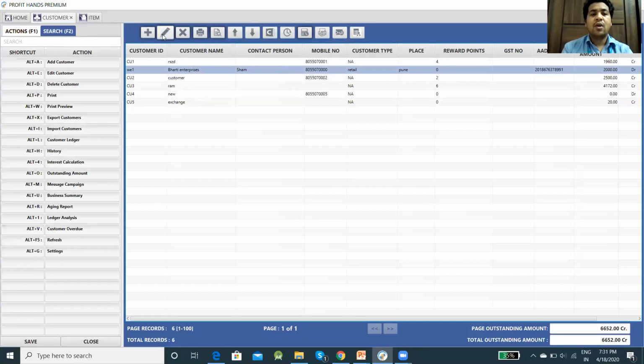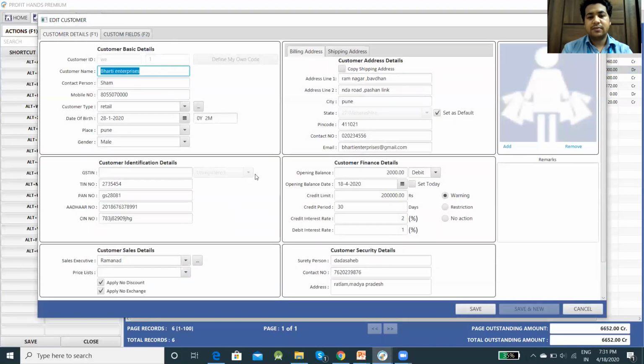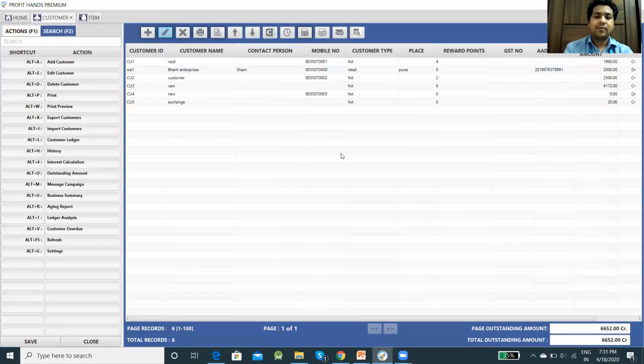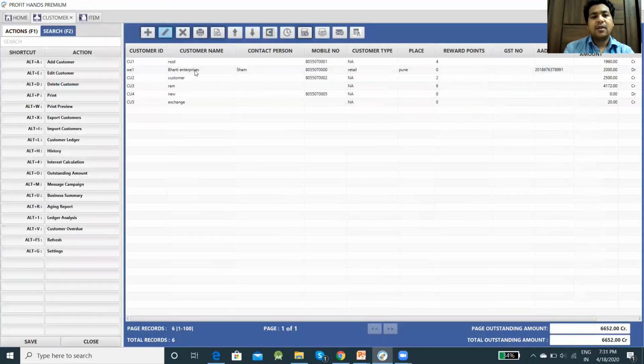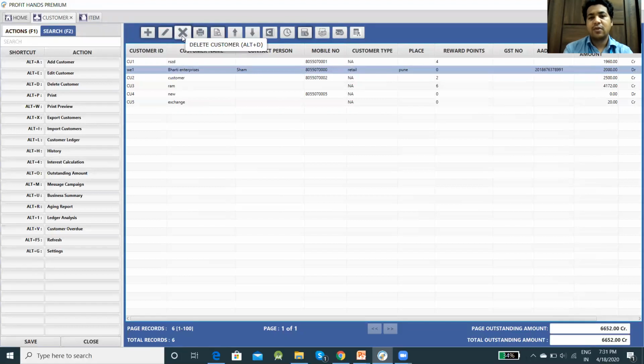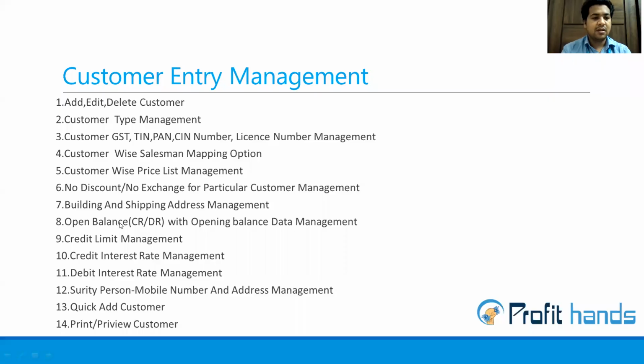And if you want, you can edit this customer as we have edited. We have assigned the price list over here and saved it back. So once again, I will show you. The price list has been added right now. So in this way, you can edit. If you want to delete a customer, simply click on that customer and press delete. So the customer will get deleted. So in this way, we have seen the credit note, debit note, security.